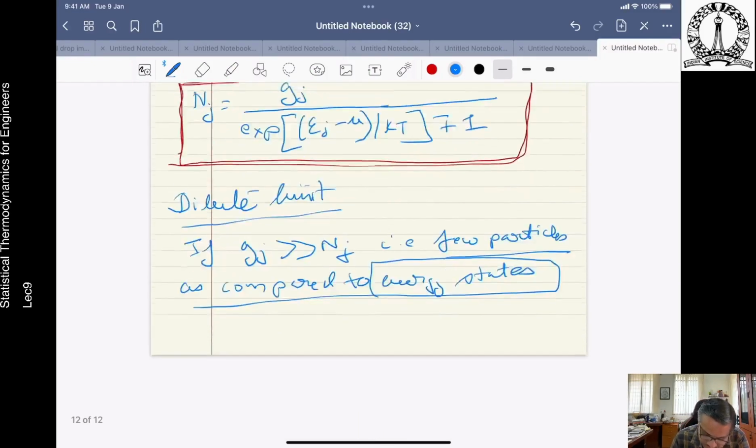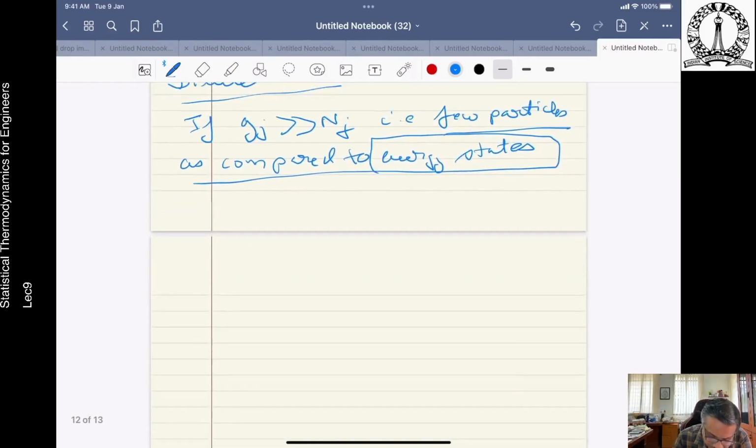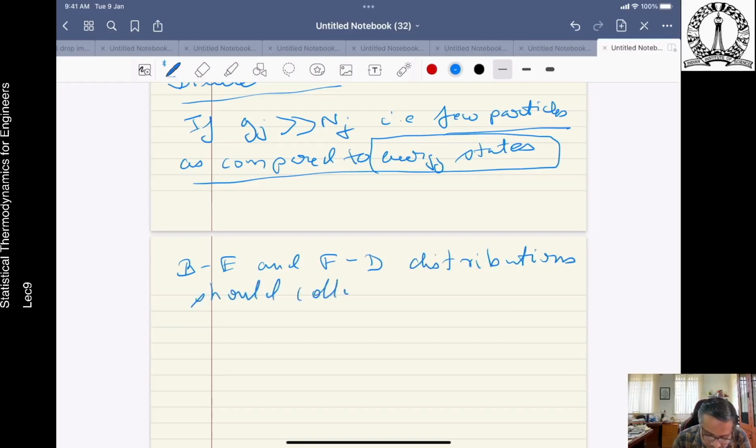Under this condition, both Bose-Einstein and Fermi-Dirac statistics or distributions should collapse to the same result. Why does it collapse? Because it is rare